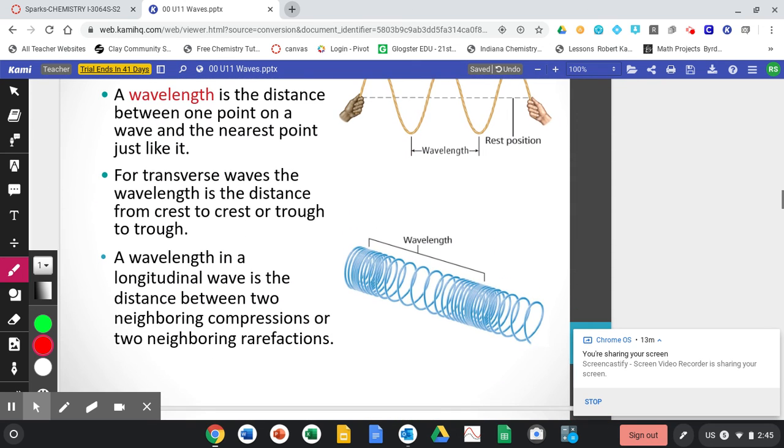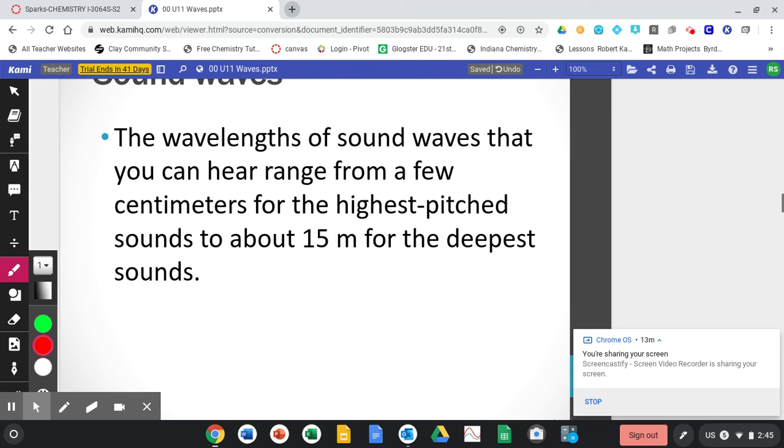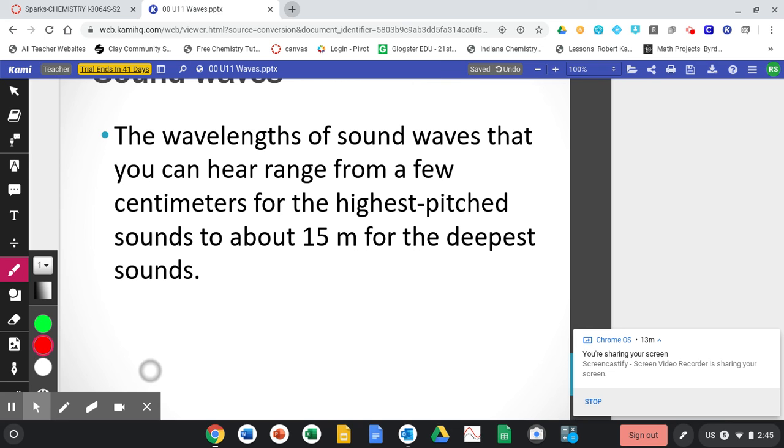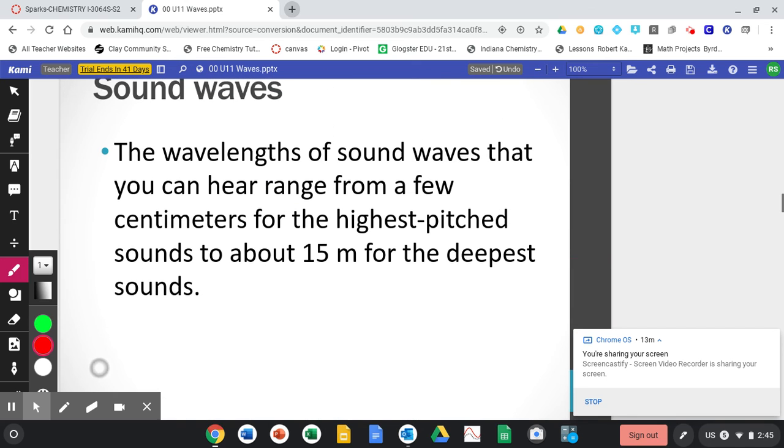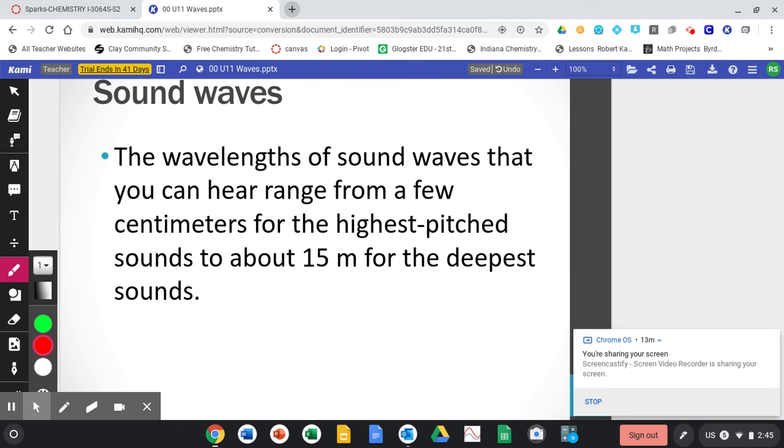And so we get into a little bit more of the parts here. I think we've covered it pretty good. And I think I'm going to go ahead and end it there because we're going to start getting into the mathematics, and I want to save that for our next lesson.